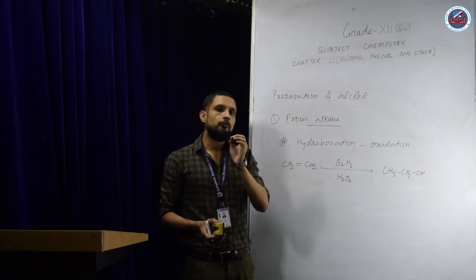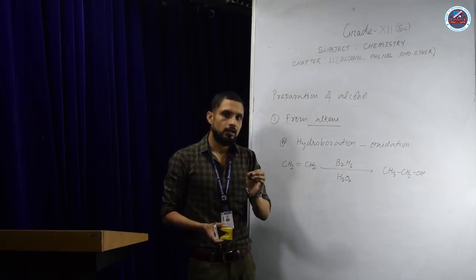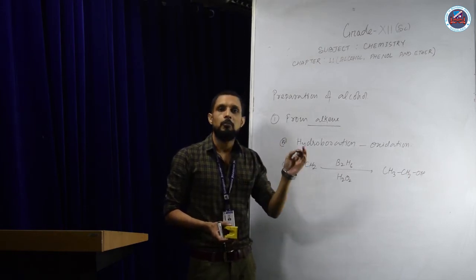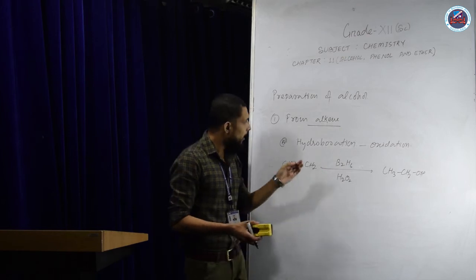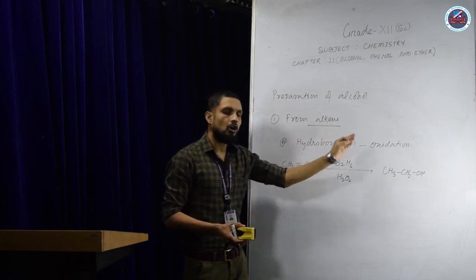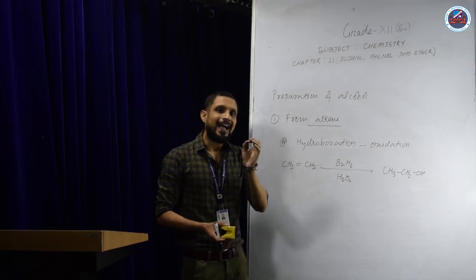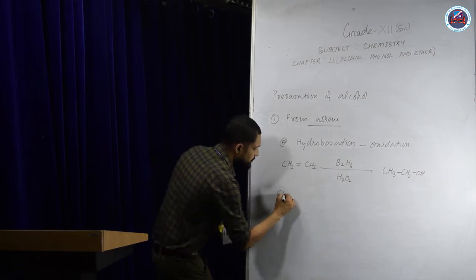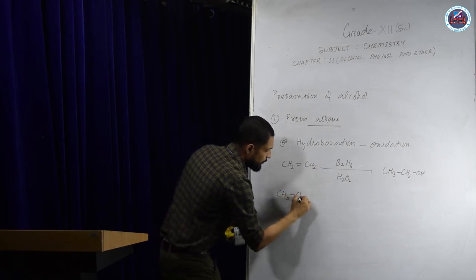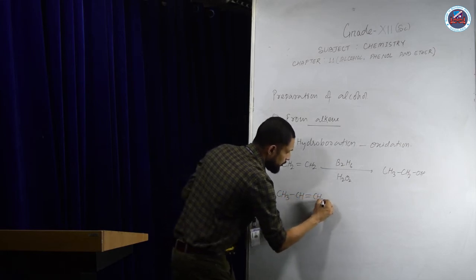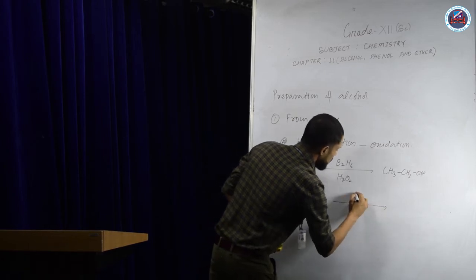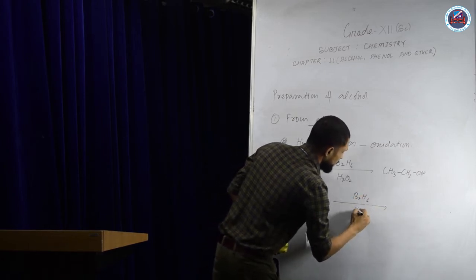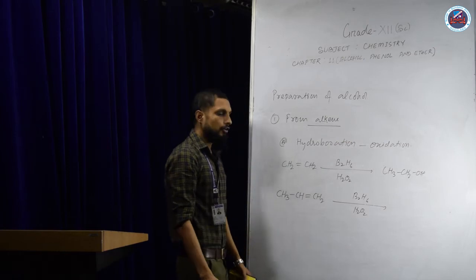In case of unsymmetrical alkene, hydration will give Markovnikov product, whereas hydroboration oxidation will give anti-Markovnikov product. Let us see the reaction. So you have this alkene CH3, CH double bond, CH2, B2H6 in presence of hydrogen peroxide. Now here